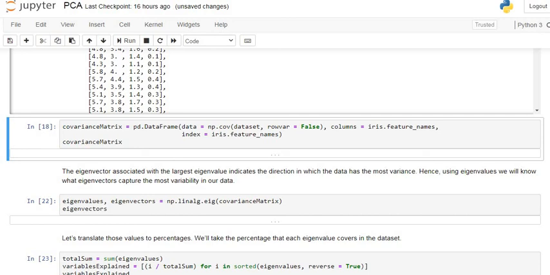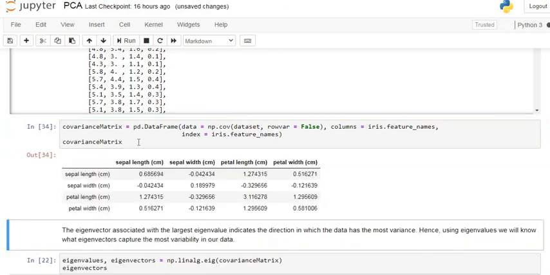The first step in principal component analysis is obtaining the covariance matrix of our original dataset. So let's obtain the covariance matrix. This is the required command for obtaining the covariance matrix of our original dataset. So let's see how our covariance matrix looks. This is the covariance matrix obtained for iris data containing 4 variables.